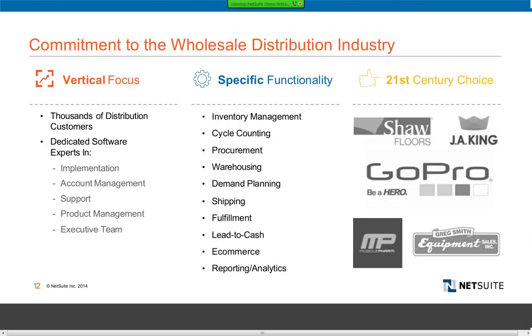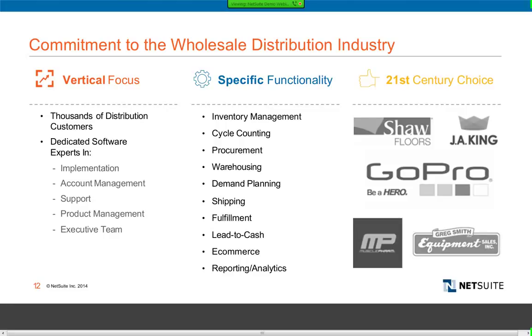And of course, we're committed to the wholesale distribution industry. When you talk about our vertical focus, we have thousands of distribution companies, and dedicated software experts across implementation, account management, support, product management, and our executive team. We have specific functionality, which of course we'll show you as we go through this.